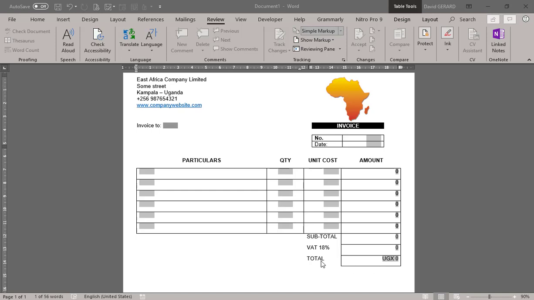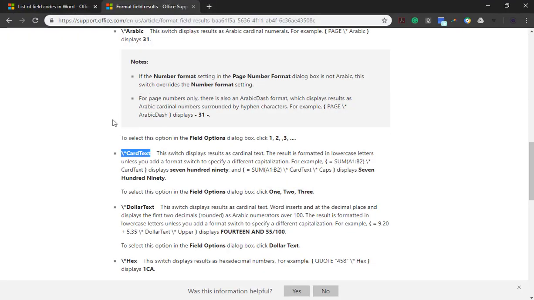we created last time, adding some text that will display the total amount in words, in cardinal text. Okay, so we need to add a little text below our table, and for that we are going to slightly modify our field total, as we left it last time without performing calculation and exit, and we didn't give it a proper name, so we are going to do that. And then we will add a text below to transform our amount using a switch, like this CardText